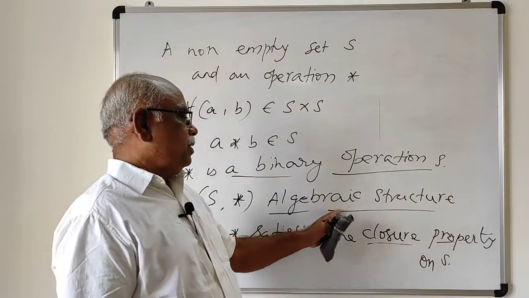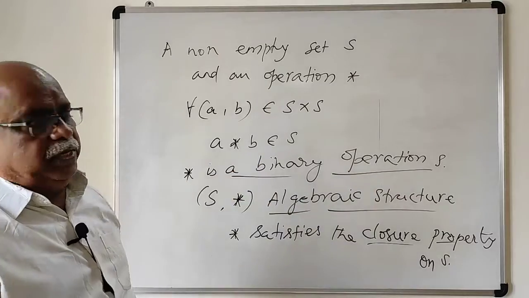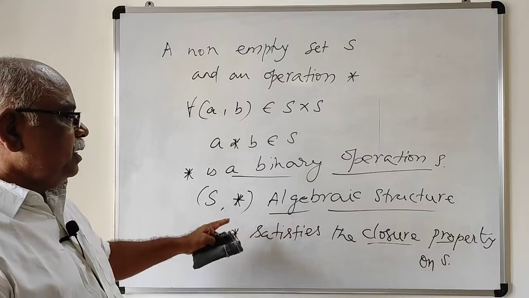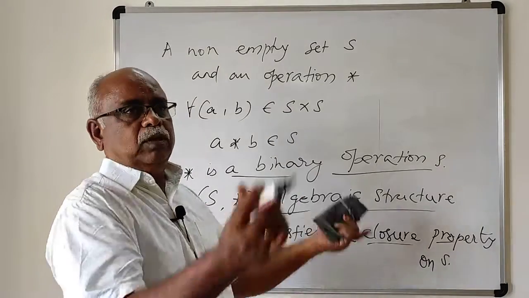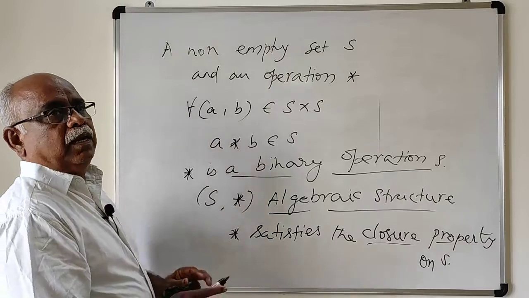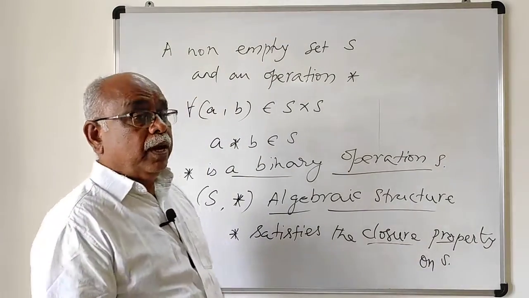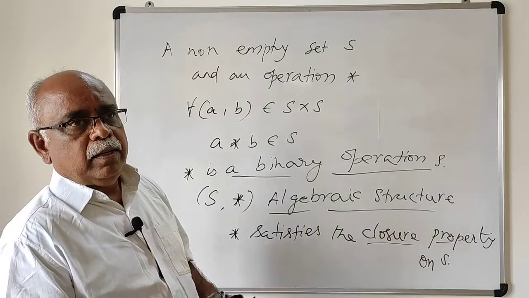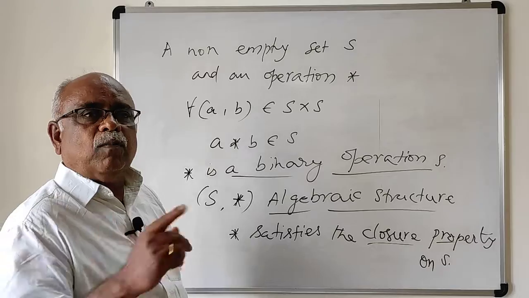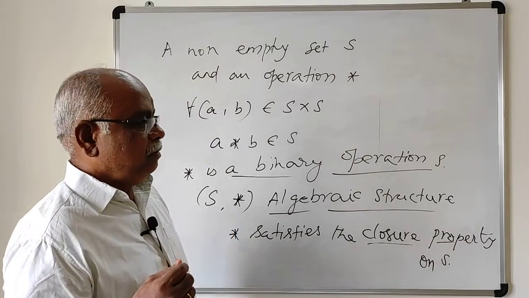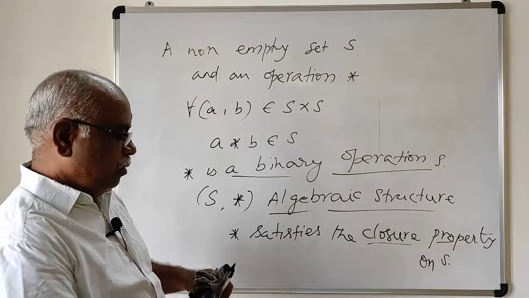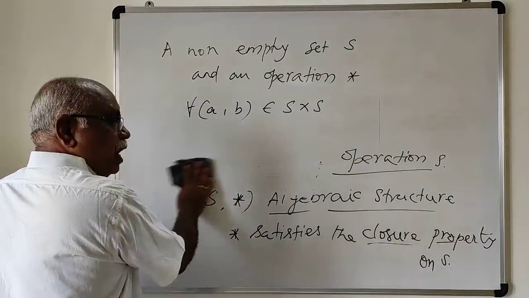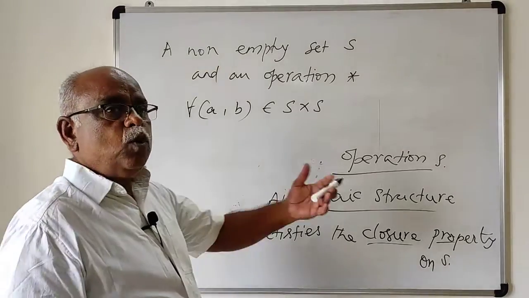Binary operation, algebraic structure, closure property: these three concepts we have seen. Closure means a set and an operation; after operating, the element is again in the given set, meaning the set is closed under the operation. Hence it is called closure property. I have solved an example also in the previous video, example 12.1, with two problems examining the closure property. Now in this video I am going to continue